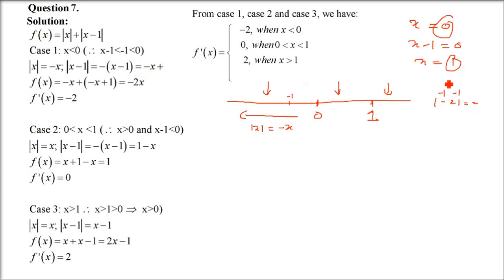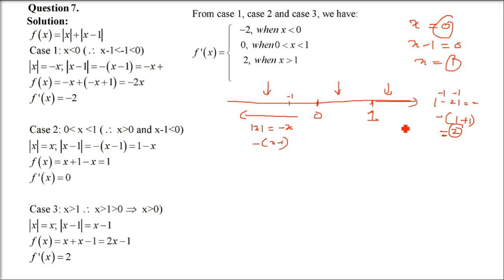Okay. I hope you got the idea. Because eventually the value is coming as negative, because minus 2 has come. That means you are getting negative. And we have just checked for a random value below 0. So in this range it will be minus x minus 1. This is clear?